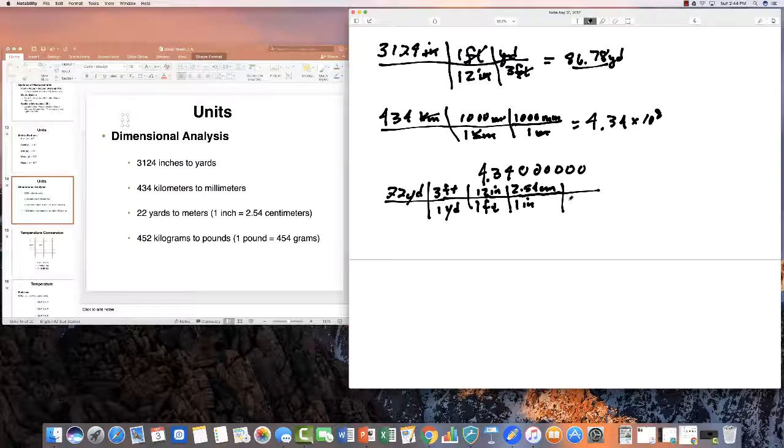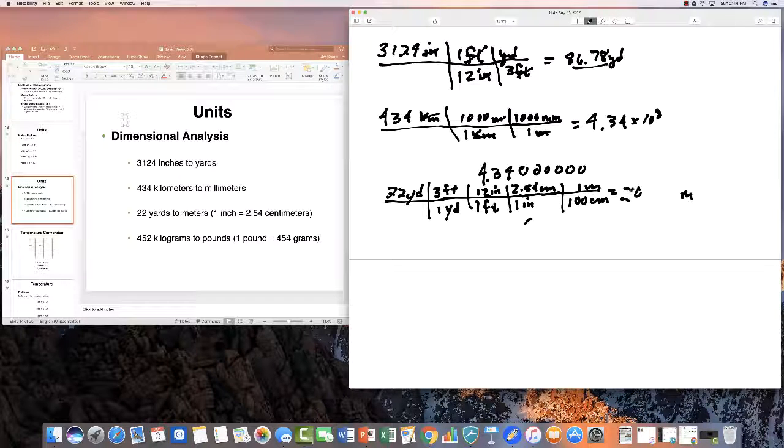And we know that there are 100 centimeters in a meter. All this stuff cancels out and you're left with meters over here. So if we take 22 times 3 times 12 times 2.54 divided by 100, we get